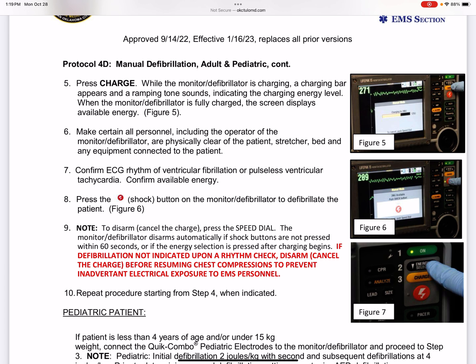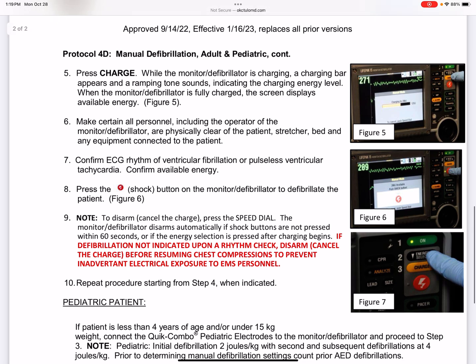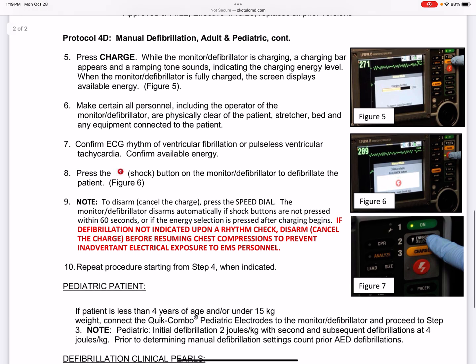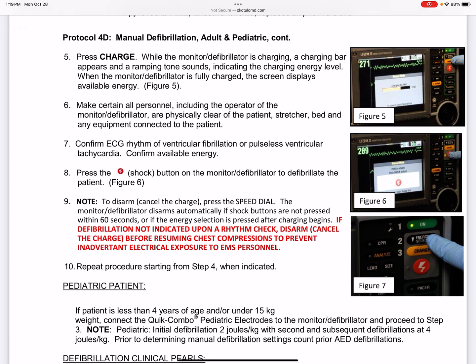A charging bar appears and a ramping tone sounds indicating the charging energy level. When the monitor defibrillator is fully charged, the screen displays available energy. Again, over here in Figure 5, Figure 6, Figure 7, it shows exactly what buttons you're pushing and how you're doing it. Make certain all personnel, including the operator of the monitor, are physically clear of the patient, stretcher, bed,